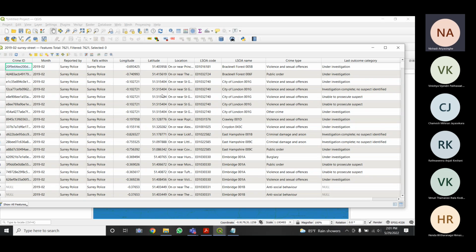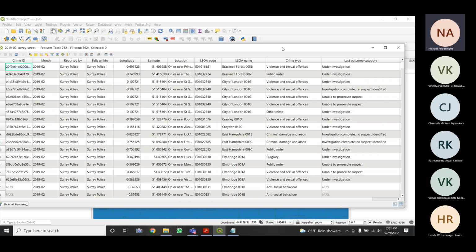So you do not need the latitude, longitude information, the police information. You might not even need the area where the crime has happened. You only need to focus on the crime type, right?